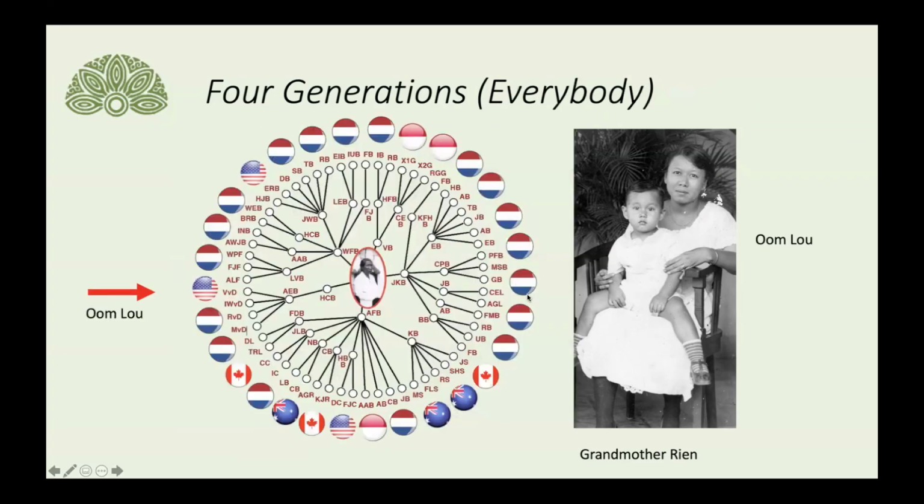So this is five generations, of one certain root, of a certain branch. This is four generations of everybody. In the middle is Oma Chang, and concentric are her sons, her grandsons, her great grandsons, and one of them is my father, this WPF, Willy. And this ALF is my uncle that you see here on the lap, age two probably, and he moved to the United States in the 1950s.